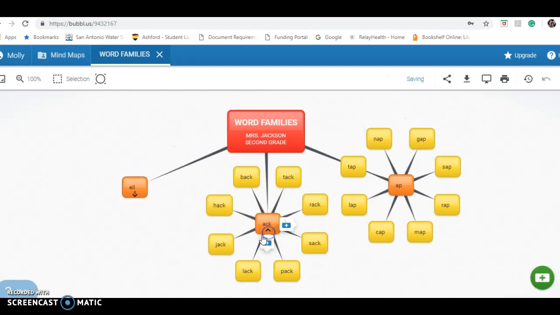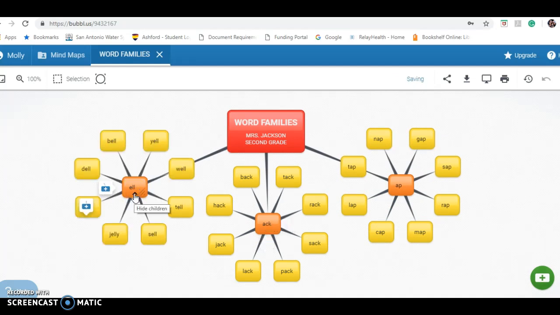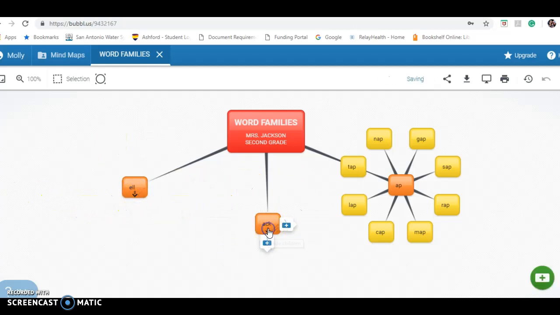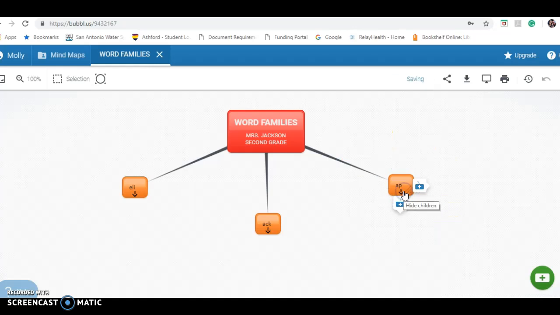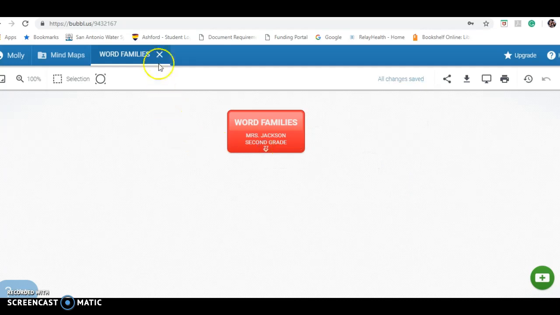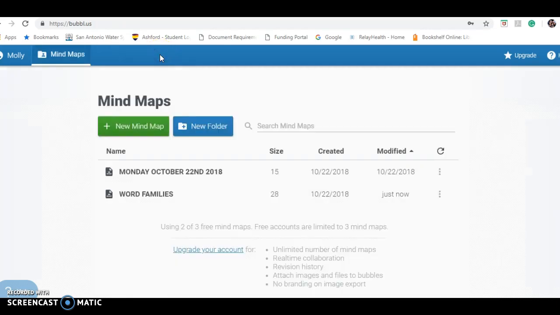So eventually I can show them the whole thing when we're working on sight words or like spelling assignments, anything like that. I can have this up on a screen and they can see all of these words. But to begin with, I can minimize everything so that they don't get overwhelmed by the massive amount of information that's provided to kids most of the time. So I'm going to get rid of that word family and we're going to go ahead and create a new